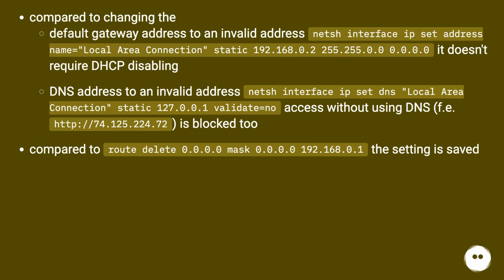compared to changing the default gateway address to an invalid address, netsh interface ip set address name="local area connection" static 192.168.0.x 255.255.0.0 0.0.0.0, it doesn't require DHCP disabling. Set the DNS address to an invalid address: netsh interface ip set dns "local area connection" static 127.0.0.1 validate=no. Access without using DNS,